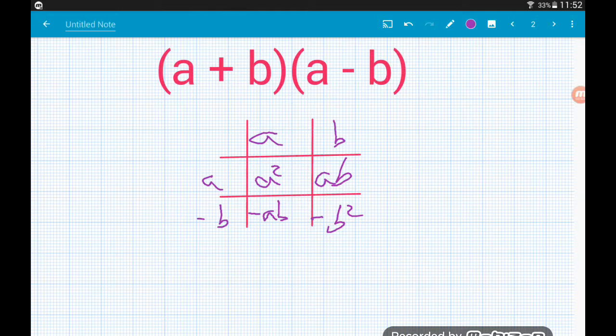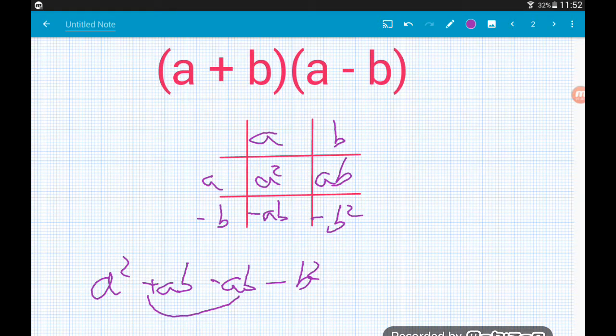So if we take all of that out of the table, we've got a squared plus ab minus ab minus b squared. So these two in the middle cancel each other out, and we just get left with a squared